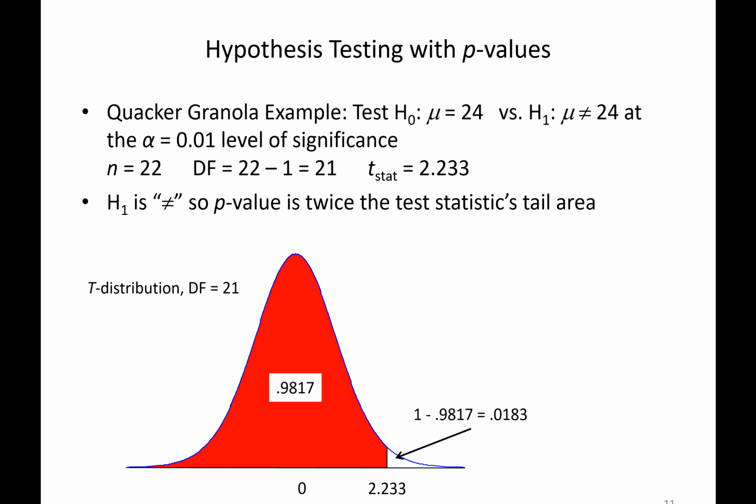And so we can't really look that up in the chart in the book, so we're going to have to turn to the software, and we can use the t-distribution in Minitab to do that, or you can also do it with Excel with the function t.dist, and I'll let you look that up on your own. But here's what we get. 2.233 has 98.17% of the area to the left of it,